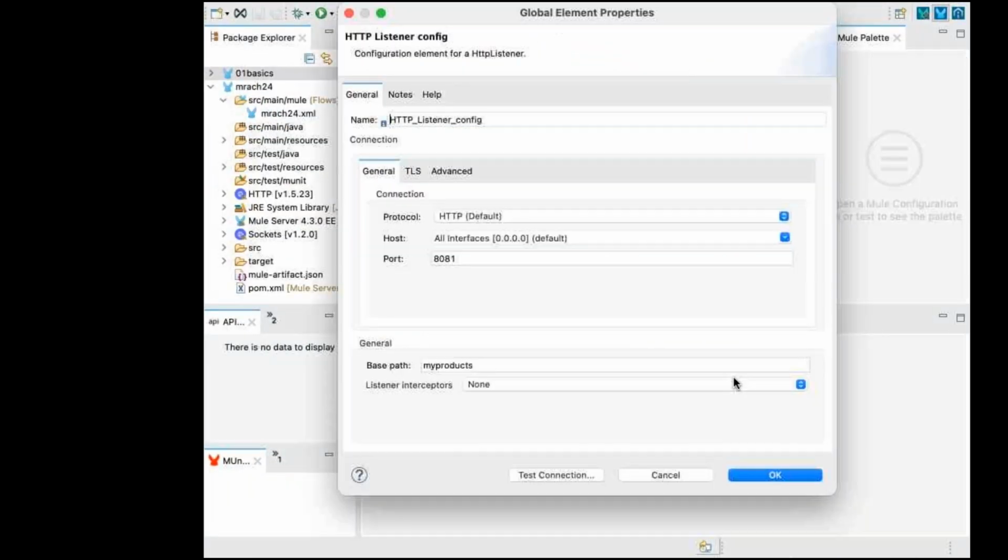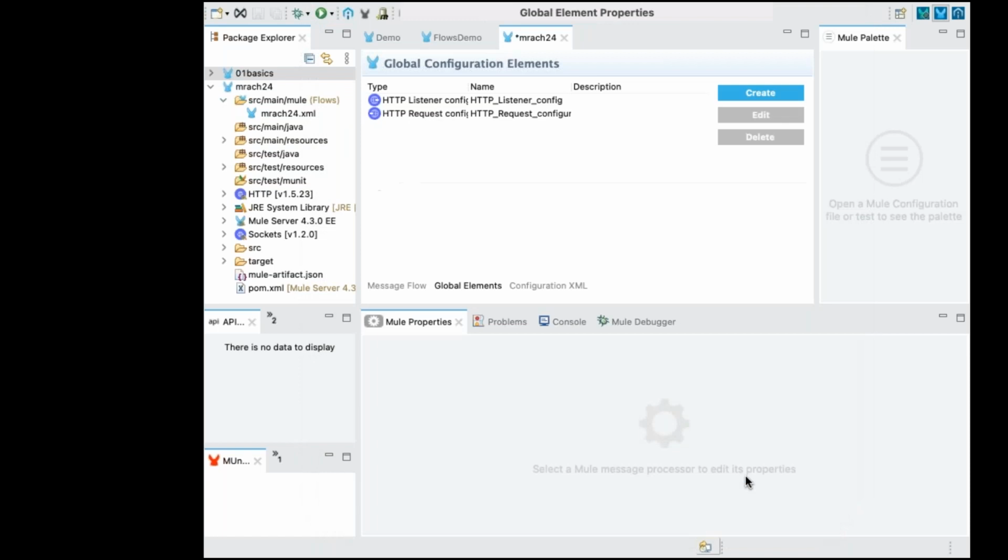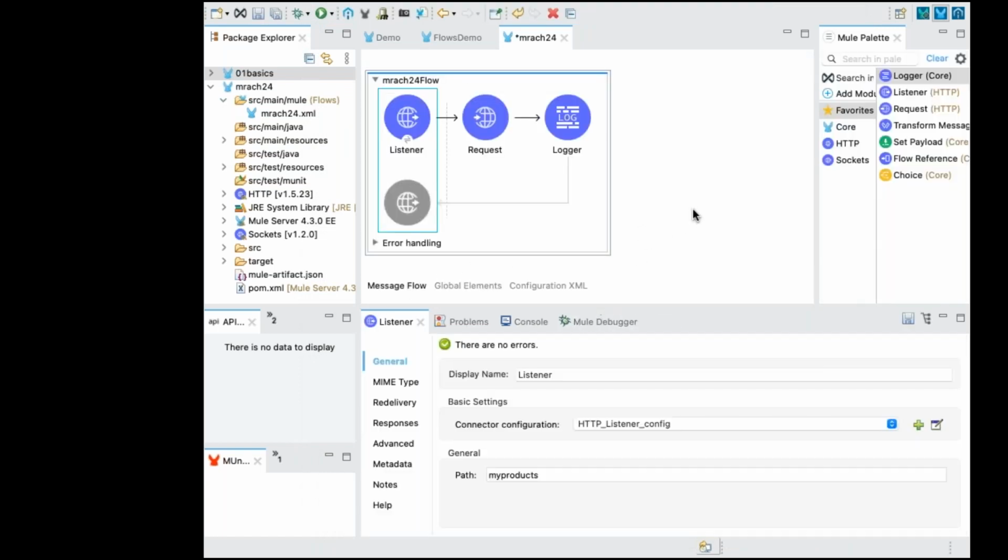HTTP listener configuration, edit that. What is the base path you have given there? Should I remove this, I add slash? Yeah, it will calculate. No, remove this. Okay. Enter. Click on OK now. Now save it and deploy it again.